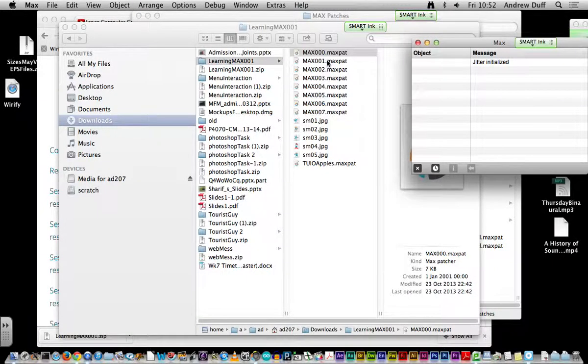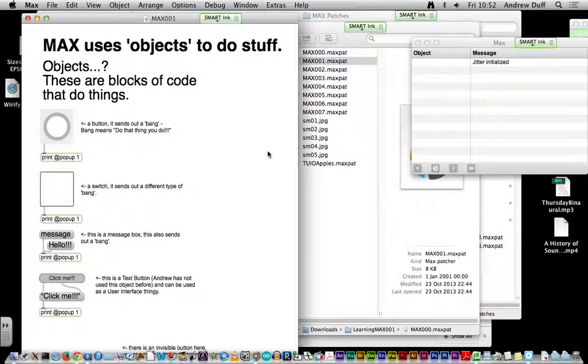What's the next patch? If we go and have a look at Max 001. Max objects do stuff. These things are blocks of code that do stuff. Most of the stuff that they do is send out a bang message, which really means do that thing that you do. Do it. So you can press that, and I've made this so that it pops up with